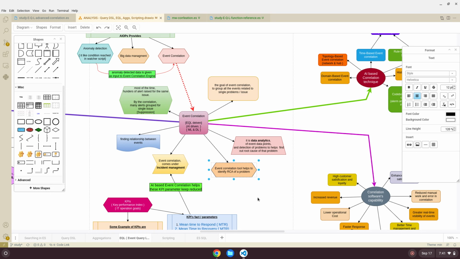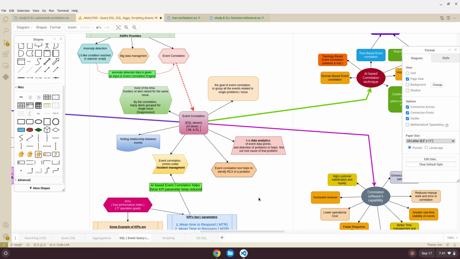Let's take another example. We have APM data, and we have log data of particular systems or applications. If we correlate for a particular error, these are the log statements that occurred at the time the error occurred. Then we are doing correlation between the two data sources.